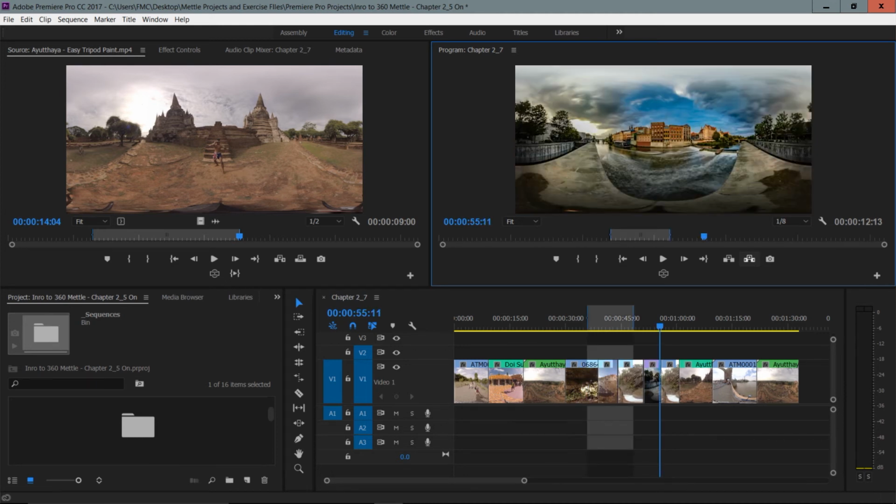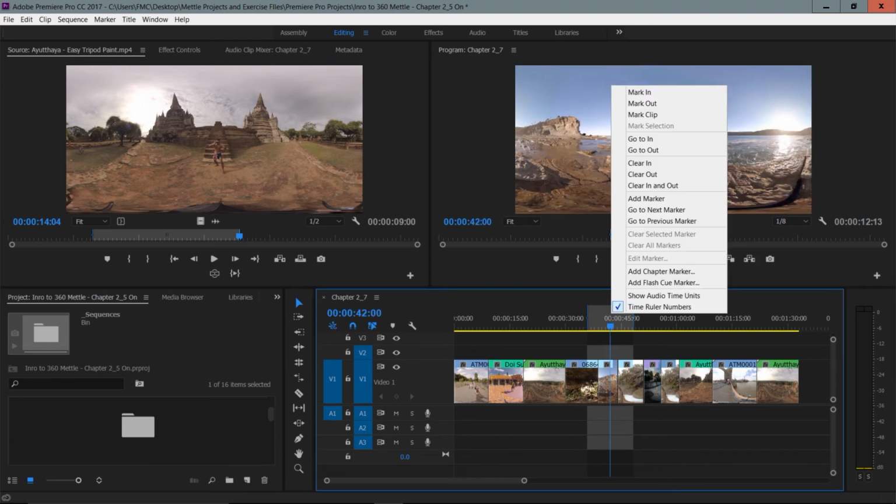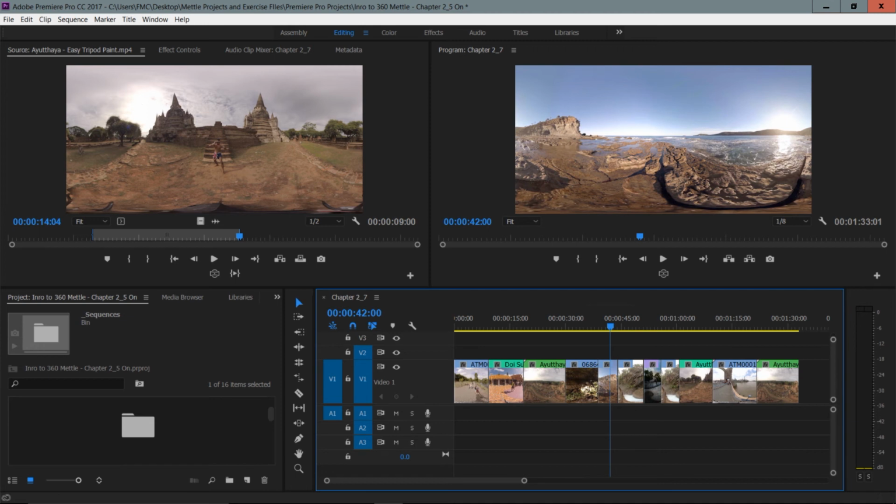And in fact, I'm going to clear those in and out points on my timeline by right-clicking and choosing Clear In and Out. So there you have it, a couple different ways to trim inside of Premiere Pro. You've got that built-in overwrite and ripple trim inside the default selection tool, as well as your ability to just add in and out points around a certain area and either lift and extract it from the timeline,